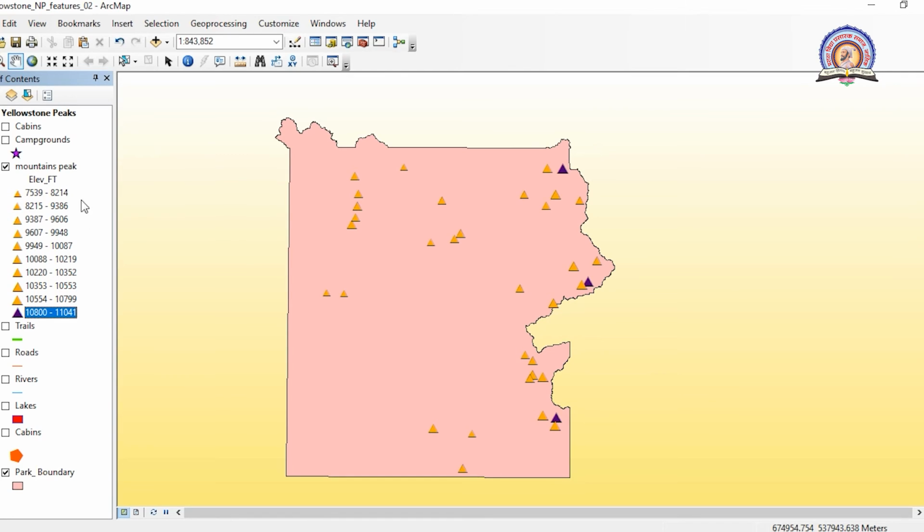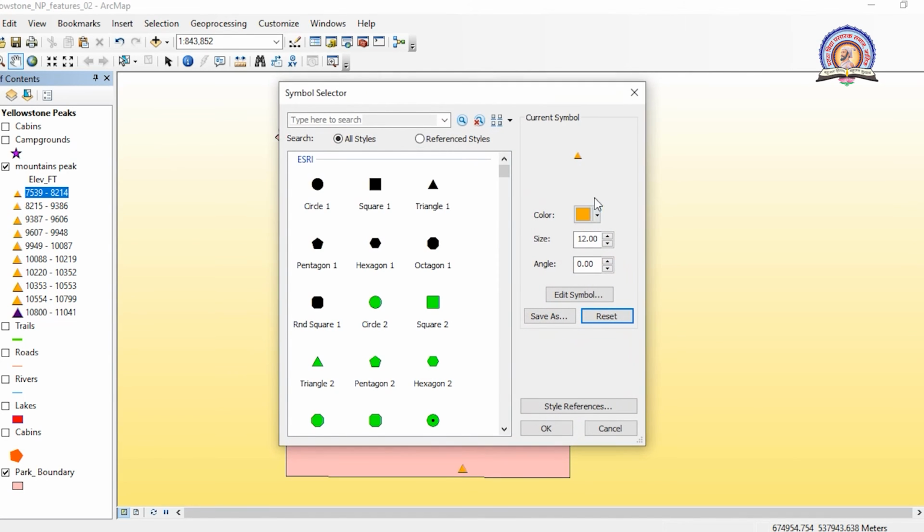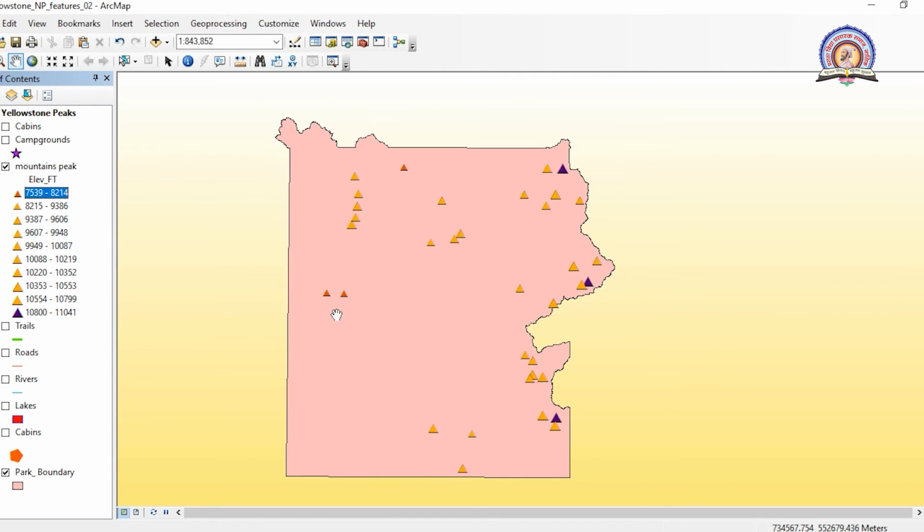And if you want to identify the small ones, that is 7,500 to 8,200, simply click it and change its color to some different color. So we can easily identify these three mountain peaks which are in this elevation range.